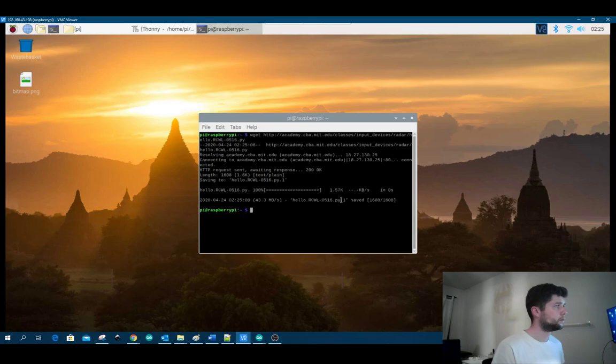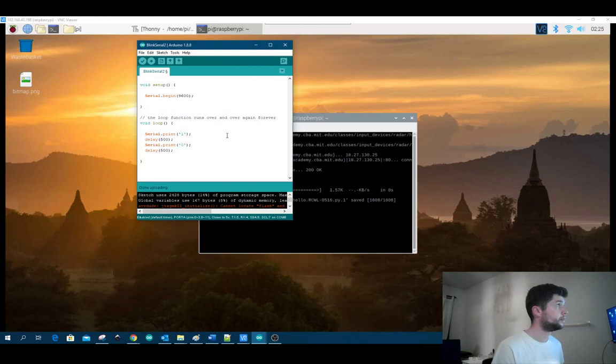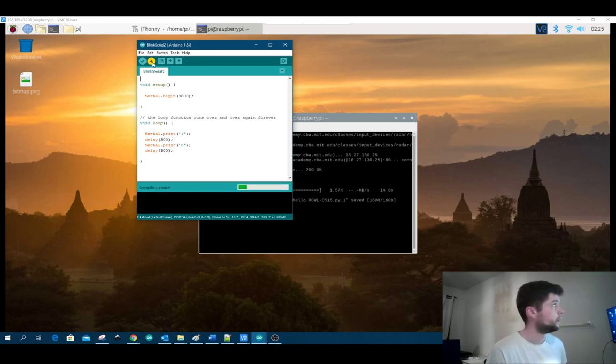To run this, I actually want to first upload the Blink that we did. So I'm just going to send a 1 or a 0, a character 1 or 0, to the Raspberry Pi through the serial port, and my attiny 1614 is just going to send 0 or 1 with half a second interval. So let's just do that. We'll send the code, and then after we've sent the code,